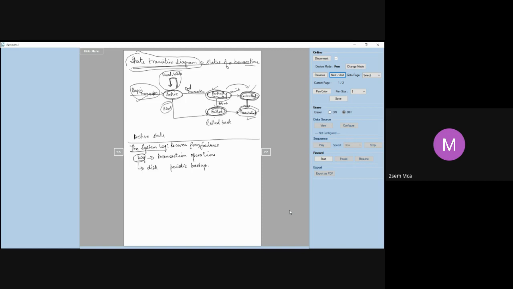What are the different kinds of entries? We call them log records, that are written to the log. Each time there is an action performed, each time there is an operation that happens, it is stored as a log record. A log record is nothing but one of the entries in the log. How do you store the entries in the log? That is by means of log records.